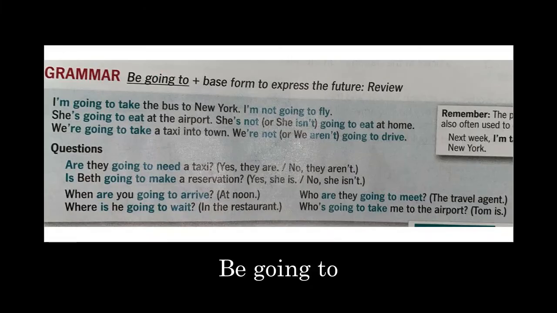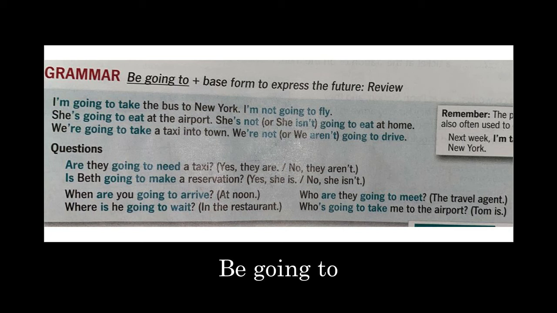Okay, so on page 102 you will see the grammar box, right? And the grammar box says that we have be going to plus the base form to express the future, right? So we have some examples here and how we can use this in questions, right? So now I'm going to explain this in the best way that you can understand this part,